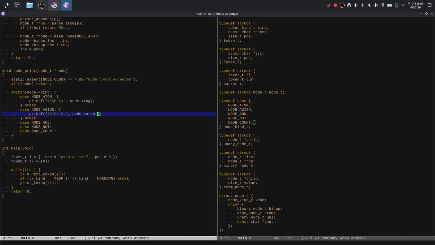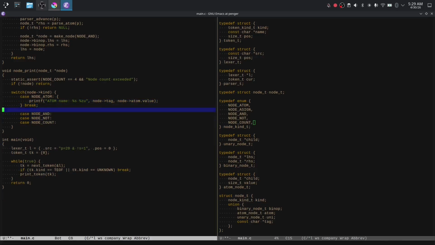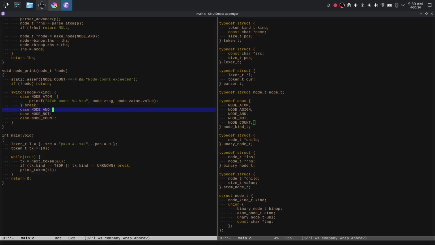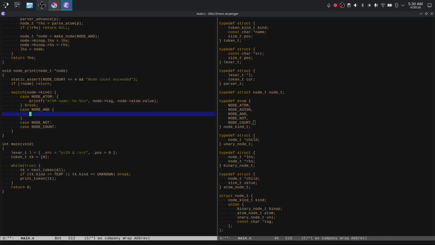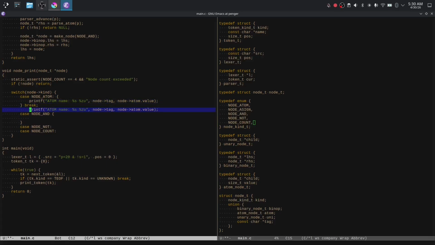Node atom dot here atom, this is just going to be name and %s. The value is going to be 0 as far as I'm concerned. And this is just node tag. It's just going to be node atom dot value, like this. And yeah, and a not node is just going to be that,